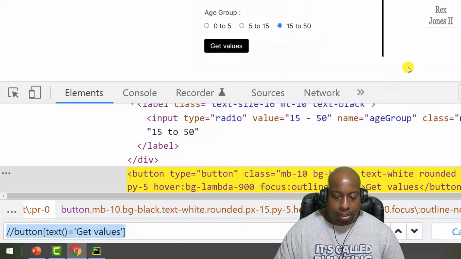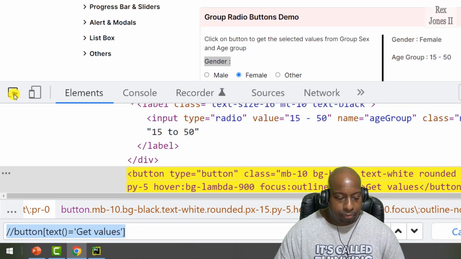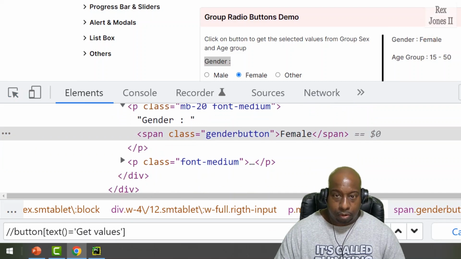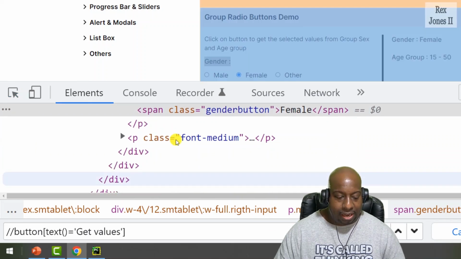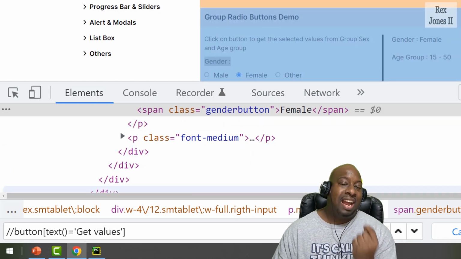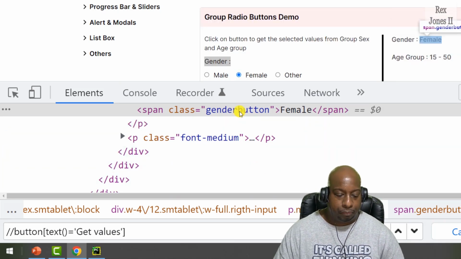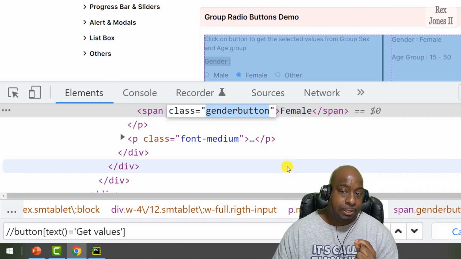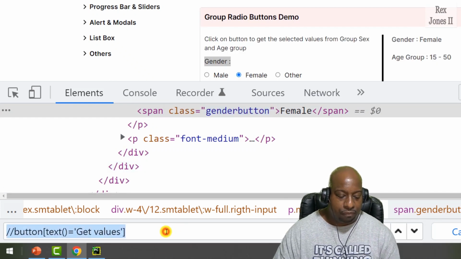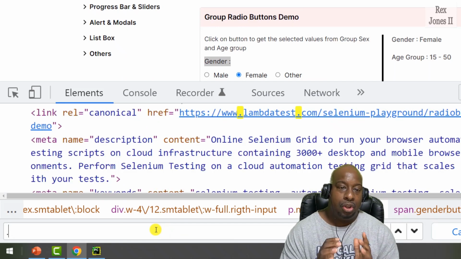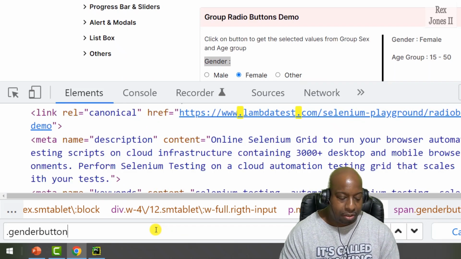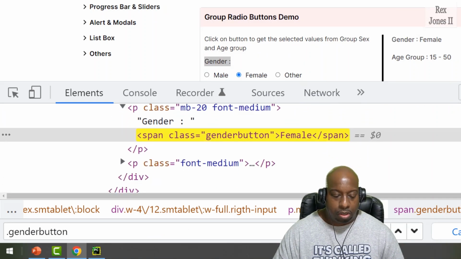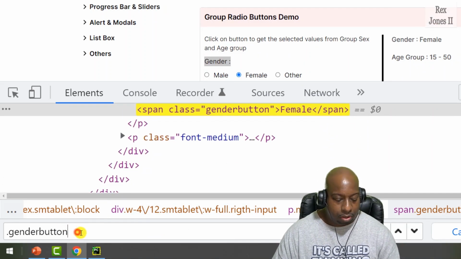Go back and inspect female. And it's located in a span tag with the class value of gender button. It's only one attribute, which is class. The shortcut for class is dot. For the class, then we write gender button. That's the value. I'm going to copy